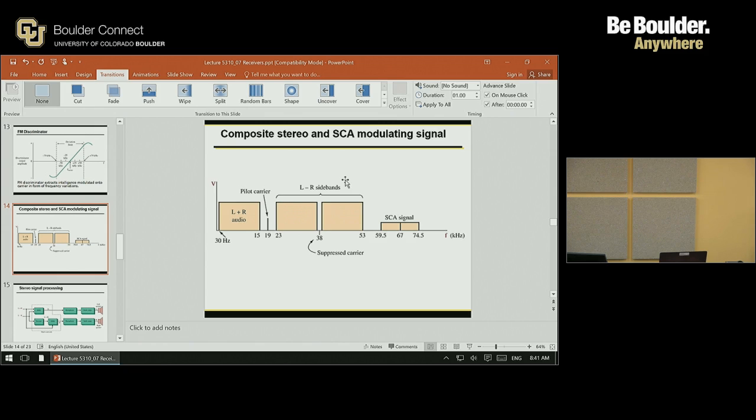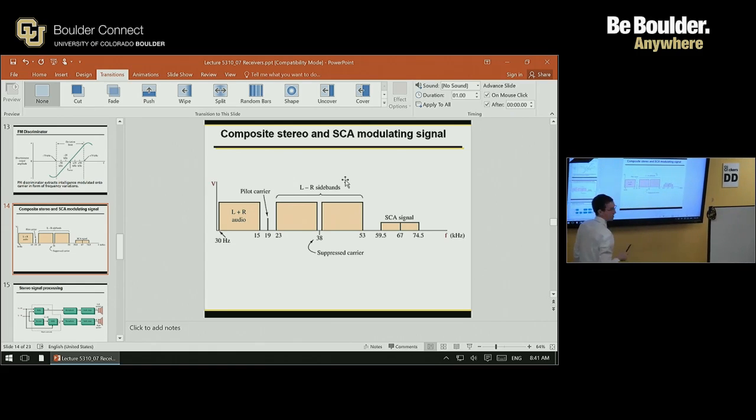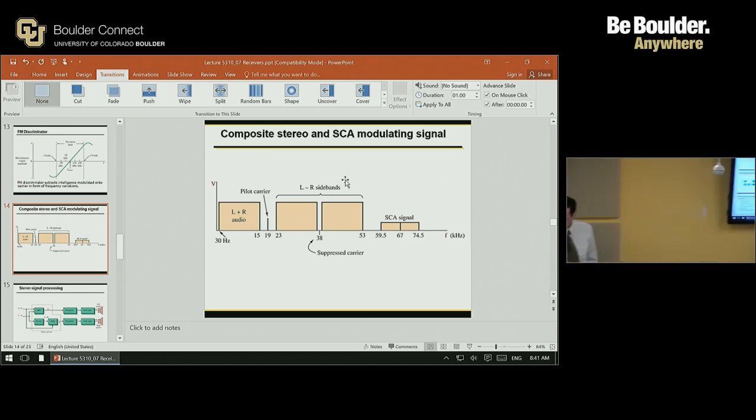So to do stereo, they transmitted that signal, and then they also transmitted two other signals that were left minus right. And then there's some other additional signal out there, but that doesn't really have anything to do with the stereo aspect. But the stereo aspect is transmitted in these three chunks of spectrum, and then at the receiver side,